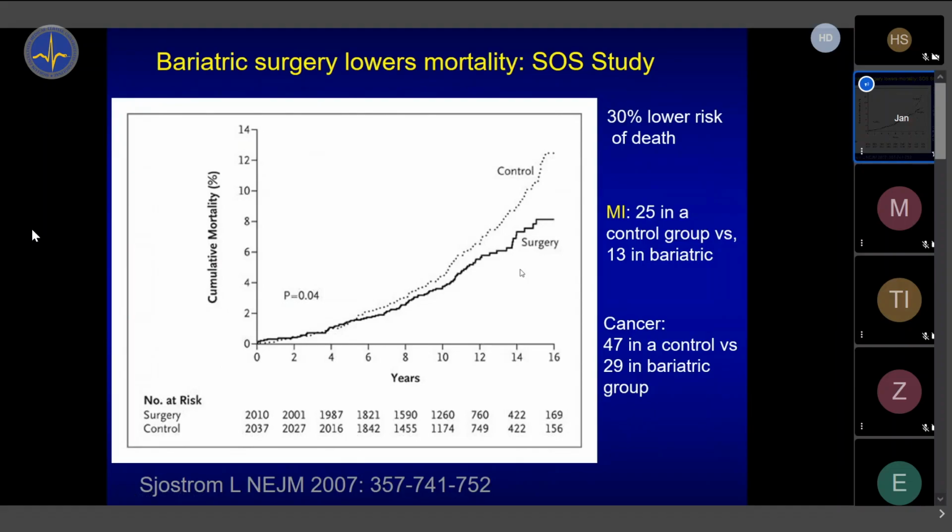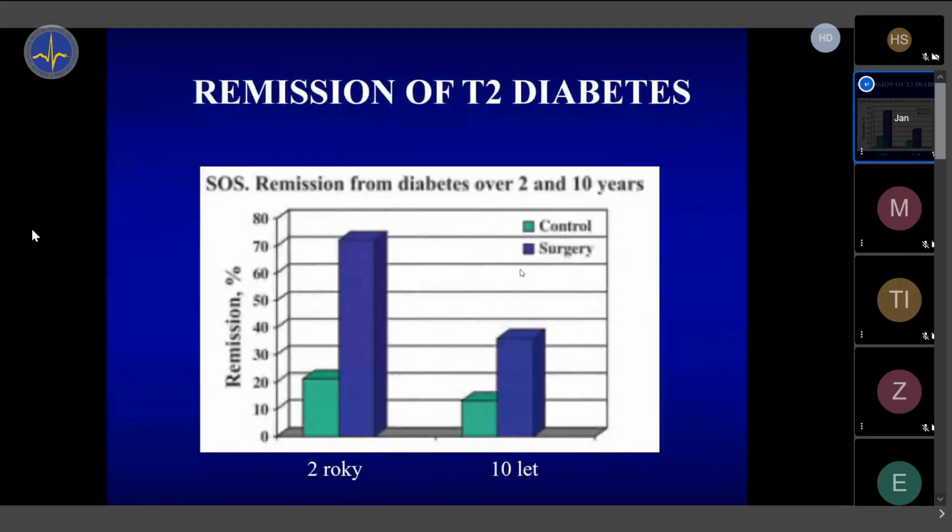It is useful. It is useful for anyone who is obese, and it's mega useful for people who have type 2 diabetes and are obese, because look at this: diabetes remission. It means the diabetes disappeared, right? Disappeared after bariatric surgery in about 70% of people, if the operation is done early enough in the progress of diabetes. So it means we should not hesitate. We should really do the operation quite early, especially if the patient has diabetes, maybe the first year, second year after diagnosis, because then really the diabetes disappears. People are without medication in 70% of them. If we postpone it, if we do it after 15 years of diabetes, then the effects are much smaller.